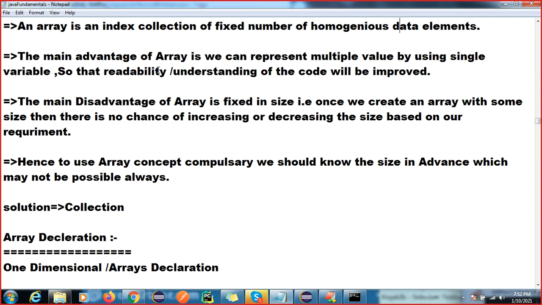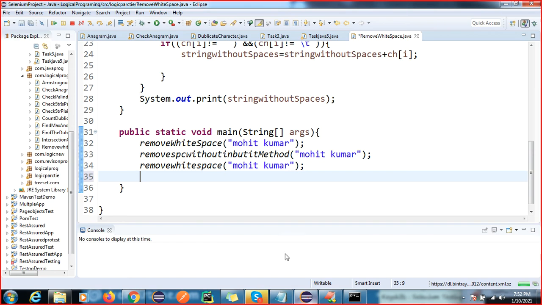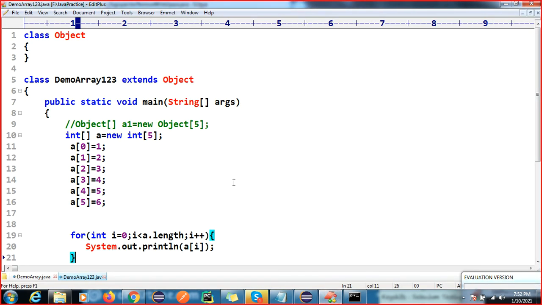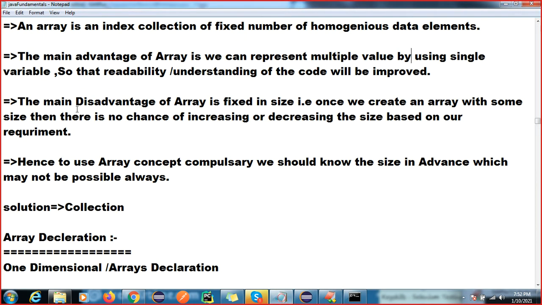The main advantage of an array is that we can represent multiple values using a single variable, right? If you want to store 100 elements, how do you do that? Do we have to use 100 variables? No, right? So we are able to resolve this. The main disadvantage of an array is that it is fixed in size.